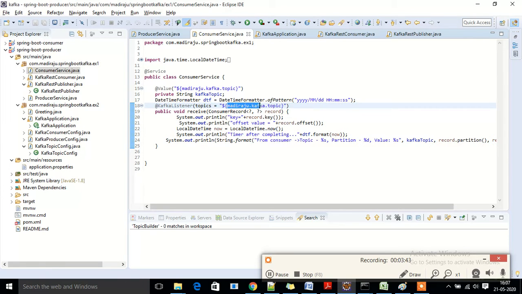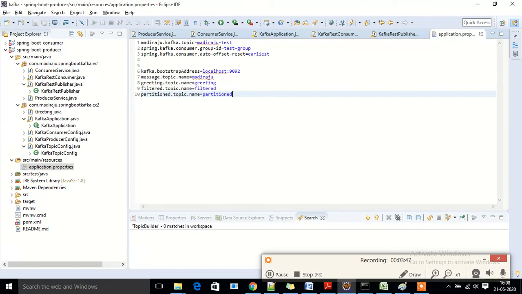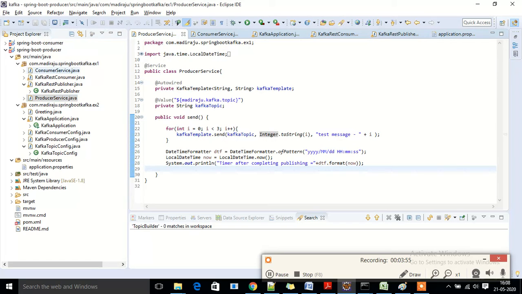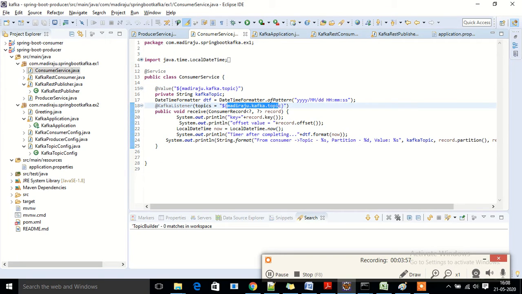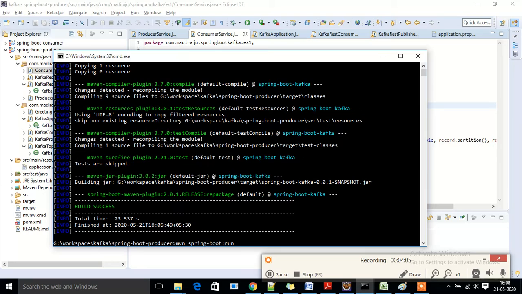This topic is configured in the application.properties. In it I have given the list of all the topics that need to be generated. According to the annotations, the topics get generated. That is how the application is running. Once it receives a record, it consumes the record. So right now, let's start the server.